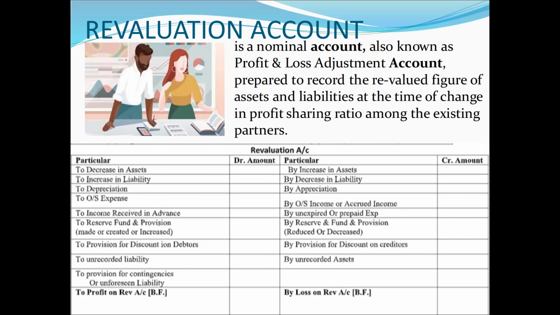The past 10 years' benefit means book price minus market price, the beginning price minus the present price. The difference amount is called the benefit, the increased amount or decreased amount. This increase or decrease must be shared by the remaining partners in their old ratio.